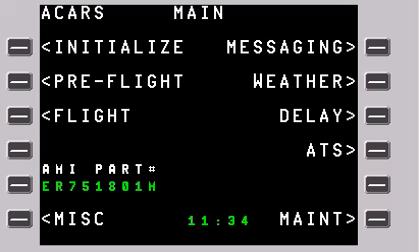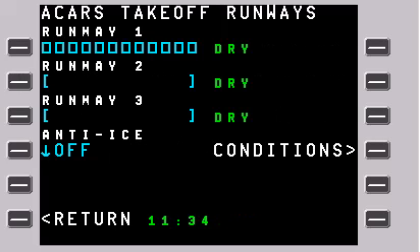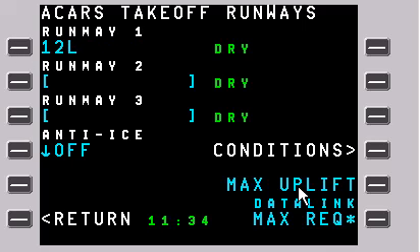In this video, we'll cover the Max Takeoff request or the Max Uplift. You get there from the pre-flight menu and then the runways and conditions on 2 left. The only thing required for a Max Uplift is the initial runway. So if I put in 12 left, then I get a max uplift indicator here and a max request on